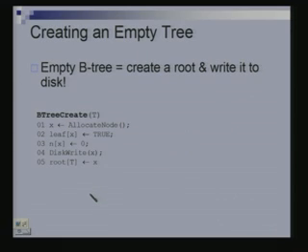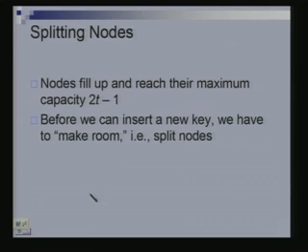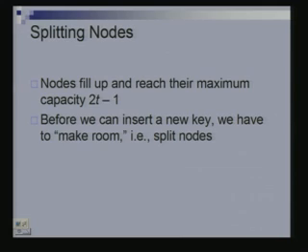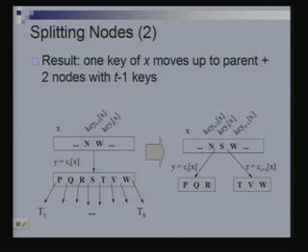Okay, I am going to skip this. Okay, so splitting nodes, the same idea as before. When do you split nodes? When they are full, right. So, how many keys can sit in a node? We said 2t. It can have 2t children, so it can have 2t minus 1 keys. So, if it has 2t minus 1 keys and we are trying to insert a new key, then we split the node, right.